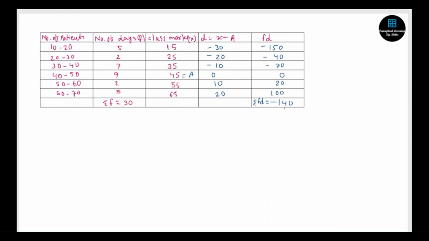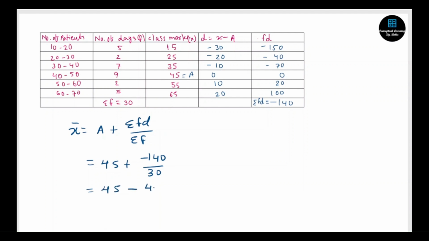Now summation of fd equals minus 140 we got. We have to find the mean, the average patients. So mean equals a plus sigma fd over sigma f. We have all the values with us. A is the assumed mean, which is 45, plus negative 140 upon 30. When I simplify this, I'll get 45 minus